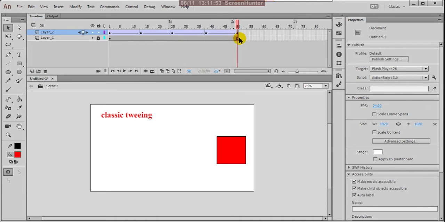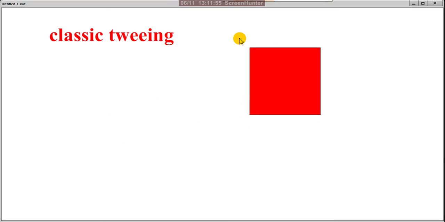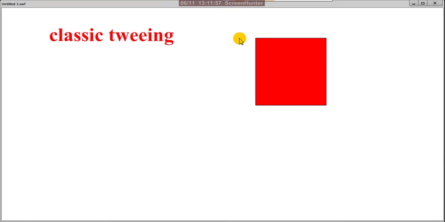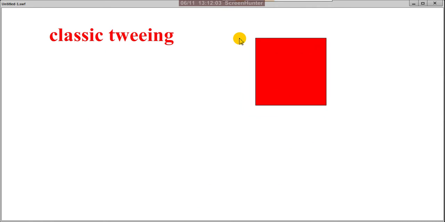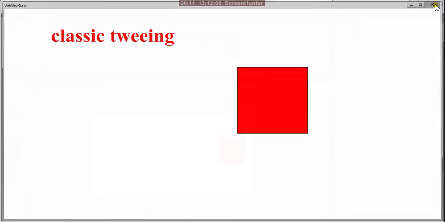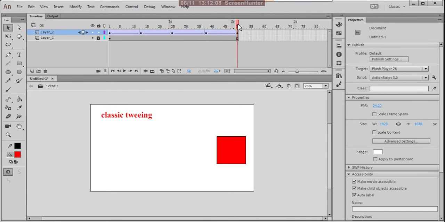Now play, Control Enter. See this, it is moving as per our guidelines, direction, as per the given keyframes. So that is the keyframe.